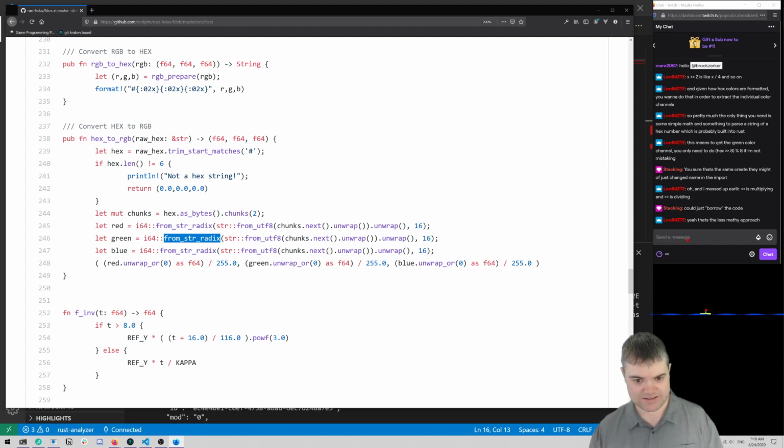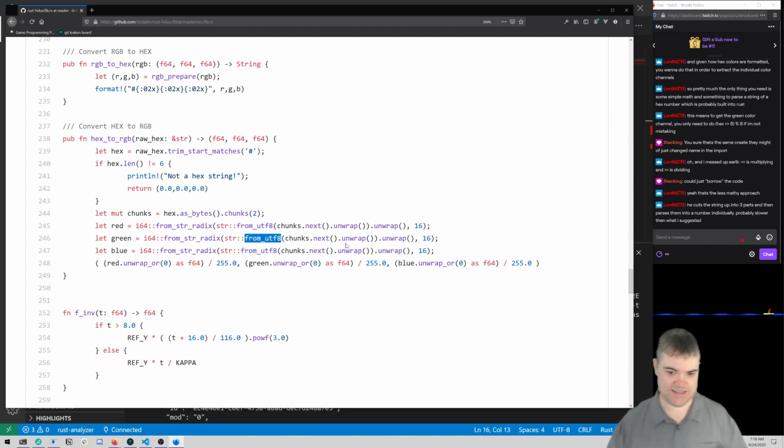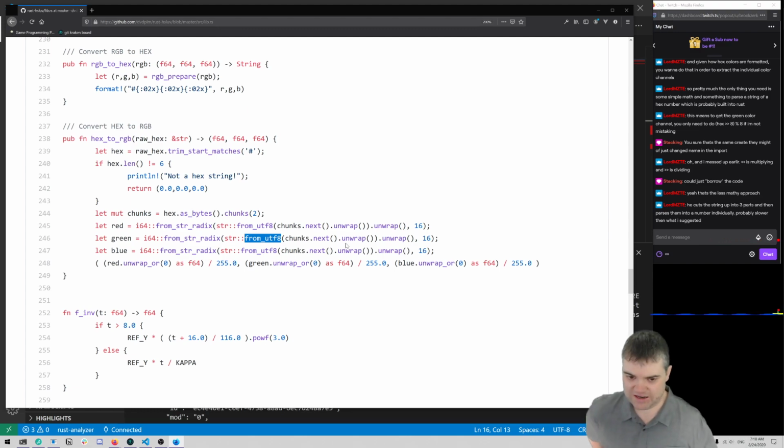So is this just converting it from... He cuts the string up into 3 parts, then parses them into a number individually, probably slower than what I suggested. Yeah, but slow in this case is probably still fast enough.